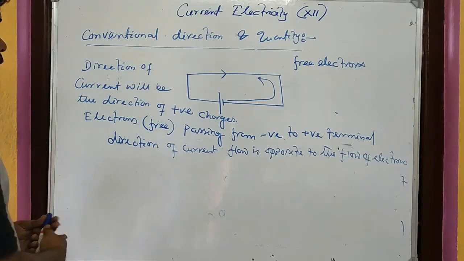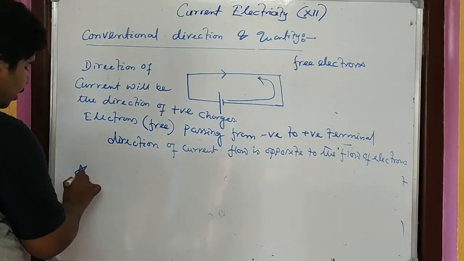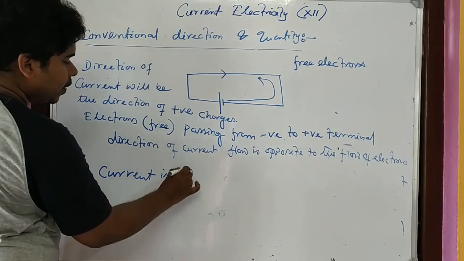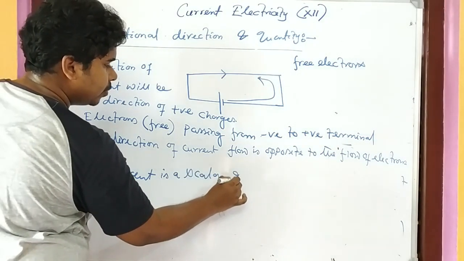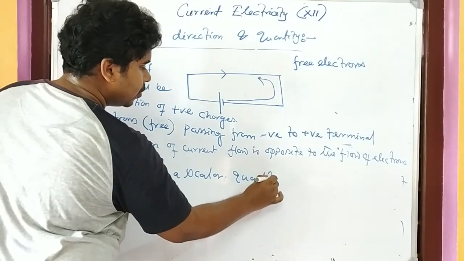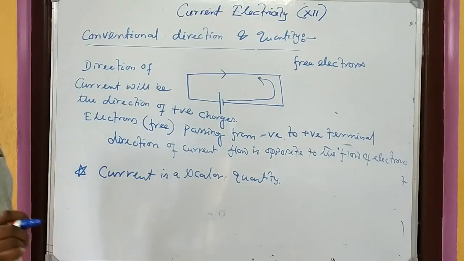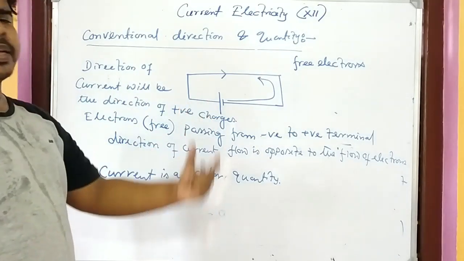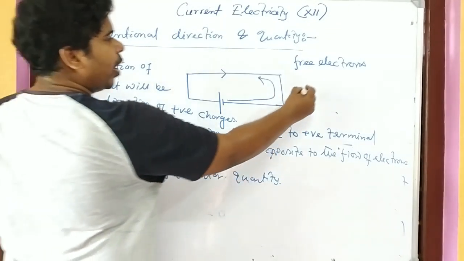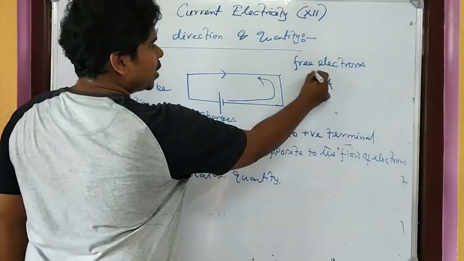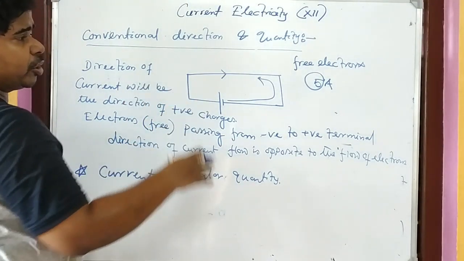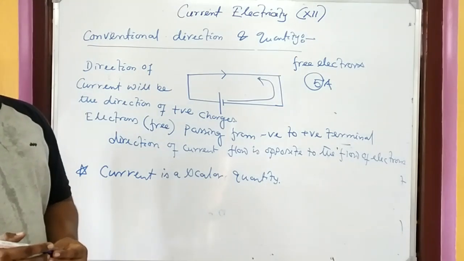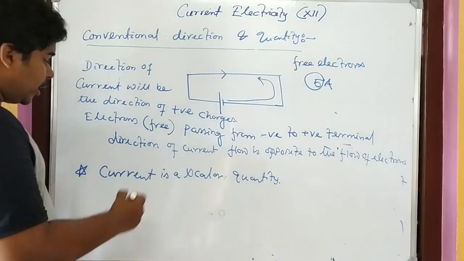Now talking about the quantity, what type of quantity is it? Current is a scalar quantity. Now you might be asking, sir, just now we were talking about direction. If I am talking about 5 ampere current, there is a magnitude 5 and there is a direction from positive to negative. Then why are you telling that current is a scalar quantity? Current is a scalar quantity because it doesn't follow